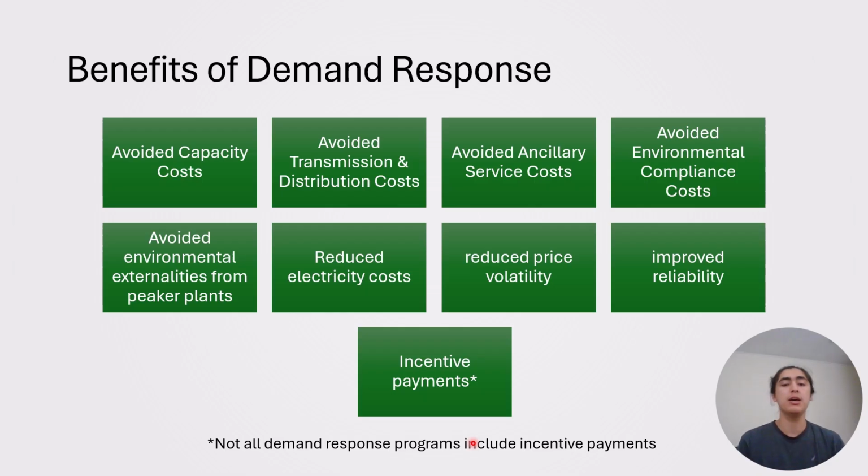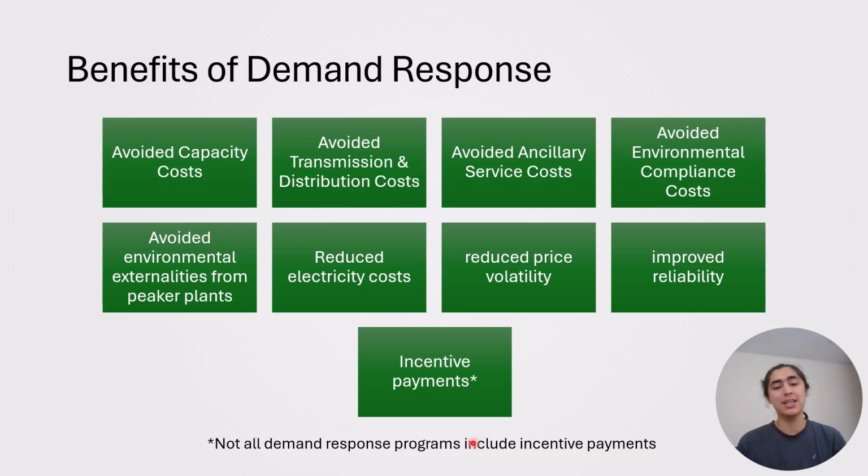We also avoid the costs of building new transmission and distribution lines. With high demand peaks, the grid and supply has to be built out to supply that peak because blackouts are unacceptable. So when we project super high peaks, the grid operator, along with the utility companies, have to build more transmission lines and distribution lines. And if we're projecting a lower peak due to demand response, then we don't need to build those transmission lines and distribution lines. So we avoid those costs.